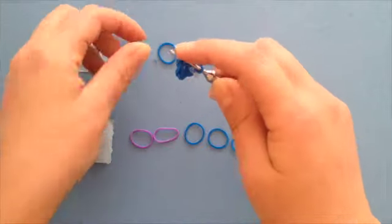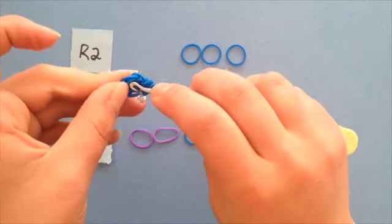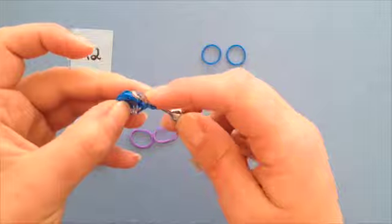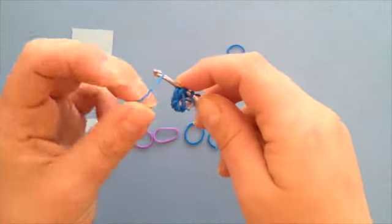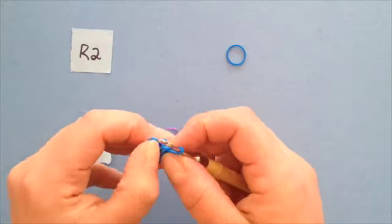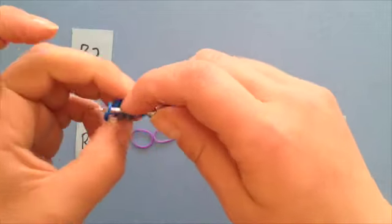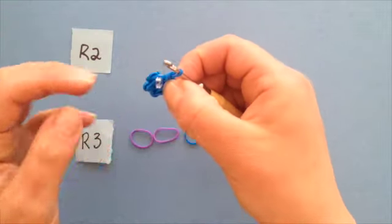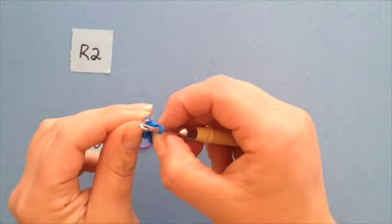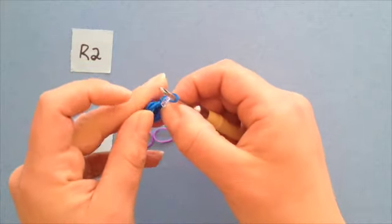The next chain with 1, 1 in the next, 1 in the next, and 1 in my last. Now if you do lay out the bands like I did, you really don't need a stitch marker. It is so tiny, but just for you, I'm going to leave this on, and I'm going to move on